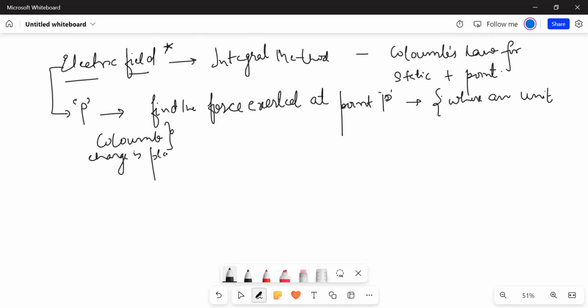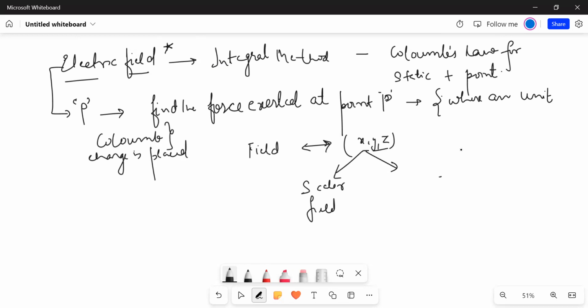So basically, in order to find electric field at any point, you just need to place a unit coulomb charge, and whatever force is exerted on that unit charge, that expression gives you the field at that particular point. Also, I discussed what is field. Field is something that is characterized by a value in space. So for a particular x, y, z, there should be a fixed scalar number. If there is a scalar number, then it is called a scalar field. And if a direction is also associated,